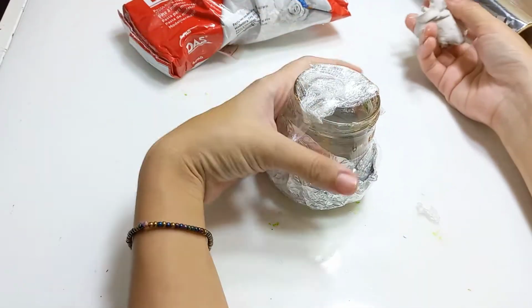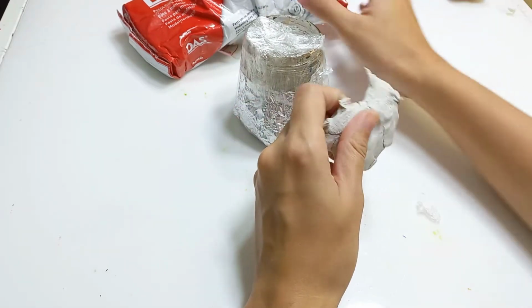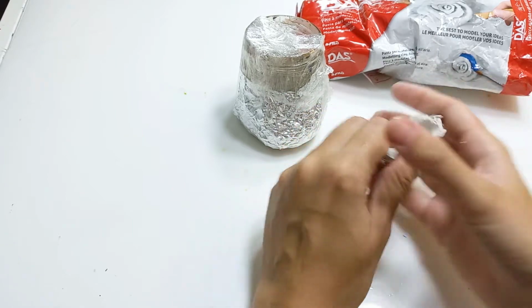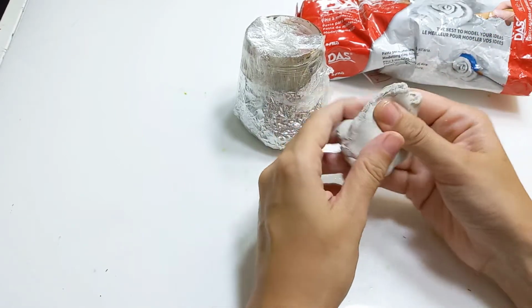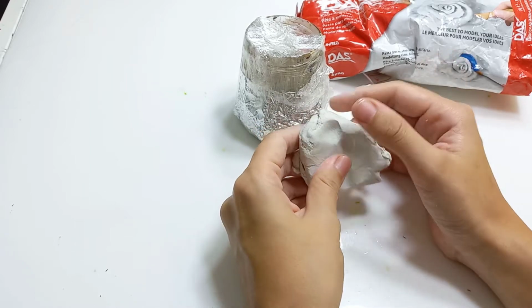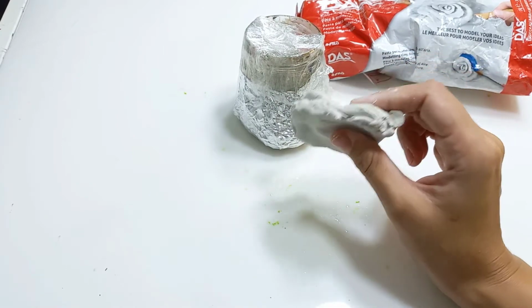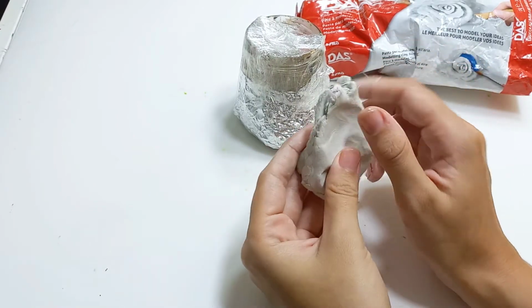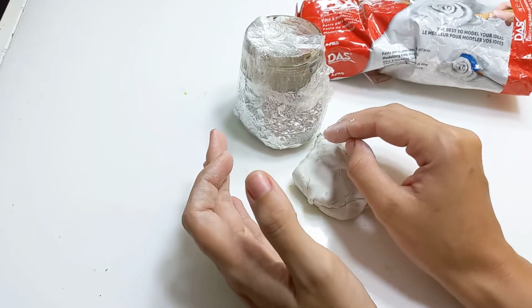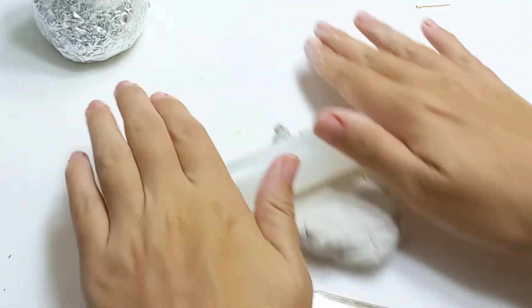Okay, for this project I'm going to use Das air dry clay. I also used it in my previous candle holder aromatherapy burner video, and I'm using this because it doesn't melt and it doesn't burn, but of course you shouldn't put direct fire on it because this is actually paper clay, so I'm pretty sure it will burn if you put the fire directly on this, but that's not what we're gonna do. Okay, now using my rolling pin I'm gonna roll out this clay